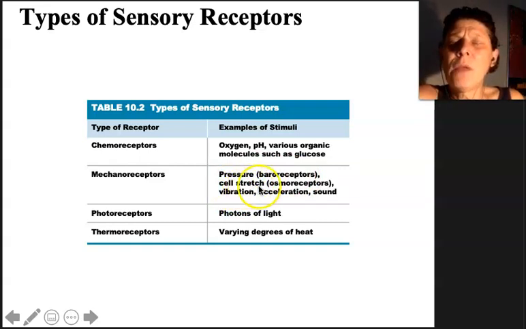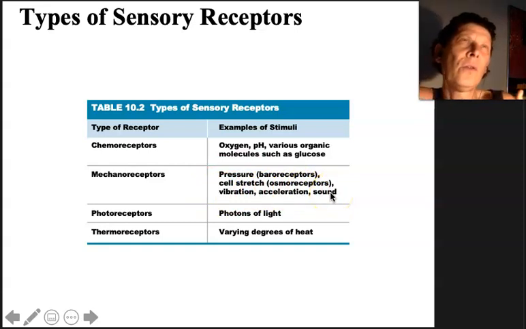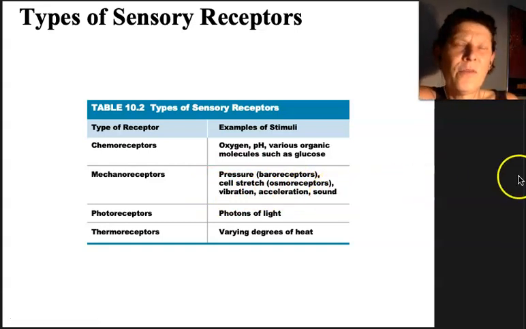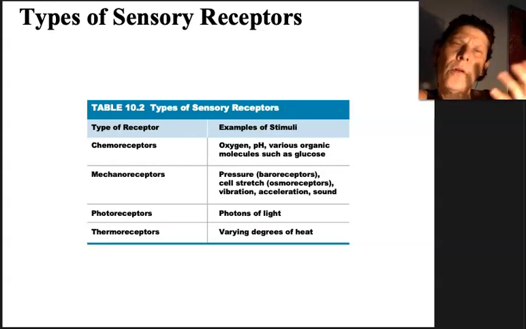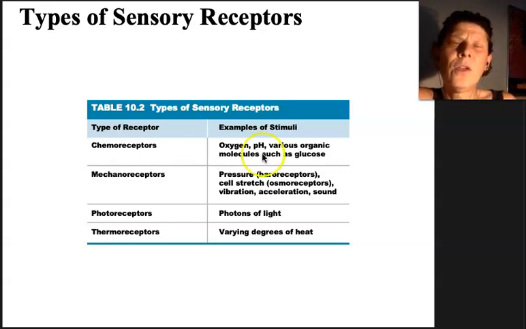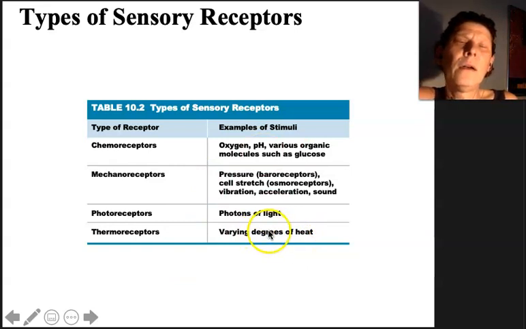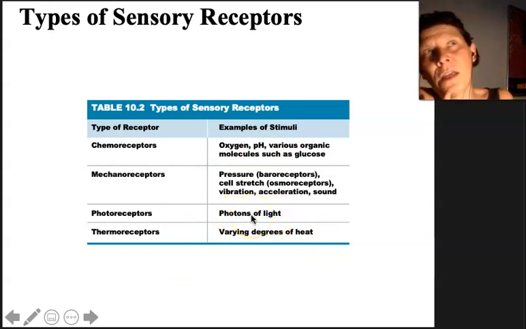Cell stretching, osmoreceptors, vibration, acceleration, and sound. All of these are examples of different types of mechanoreceptors. Then, of course, there are photoreceptors. Photoreceptors are about vision, and they respond to light and contrast, so varying degrees of photons in reference to the